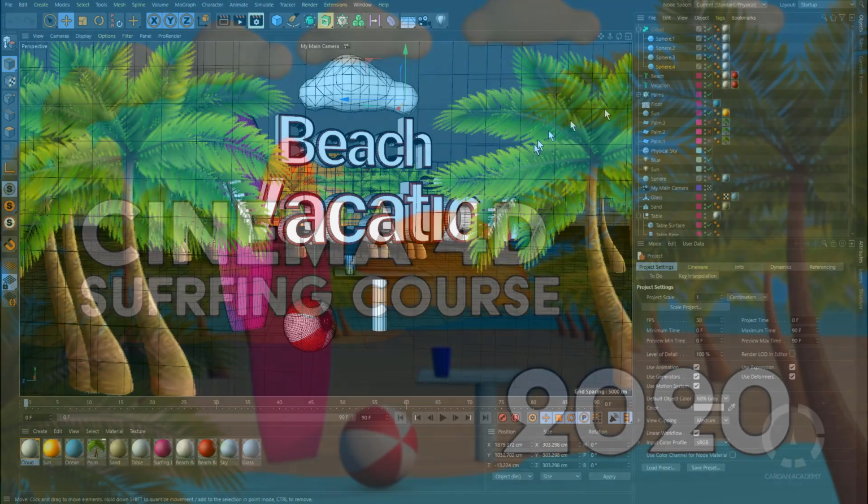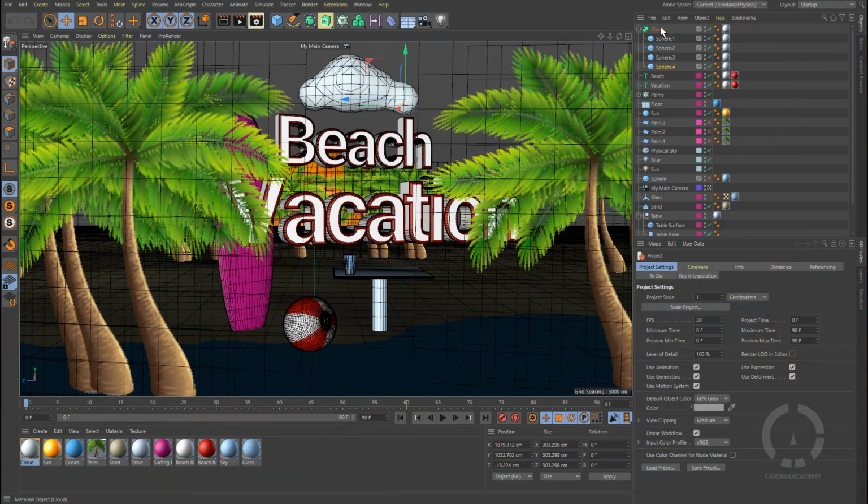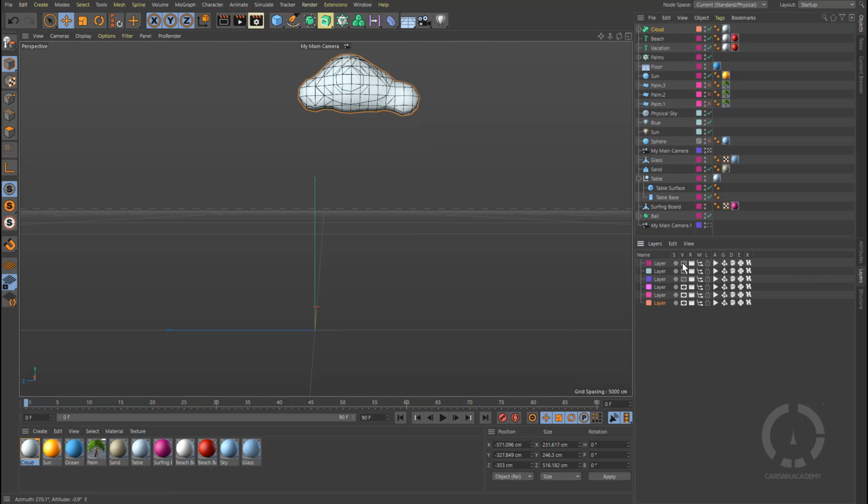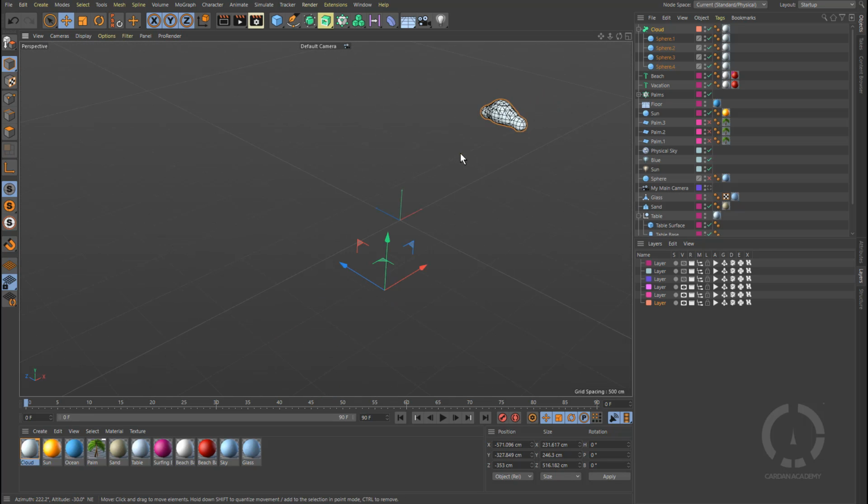Okay, my friends, now time to keep working with Cinema 4D. Now let's see something about animation. I'm going to set this cloud to another new layer, and we have this orange one, and let's hide everything but that one. And now you can see that right now, if I try to see where my object is,